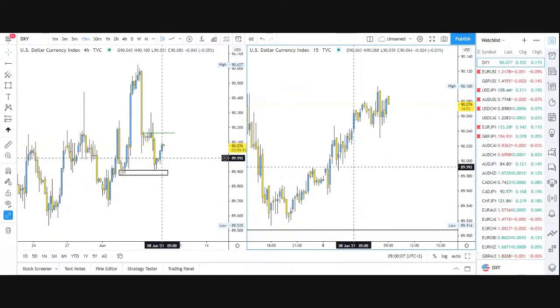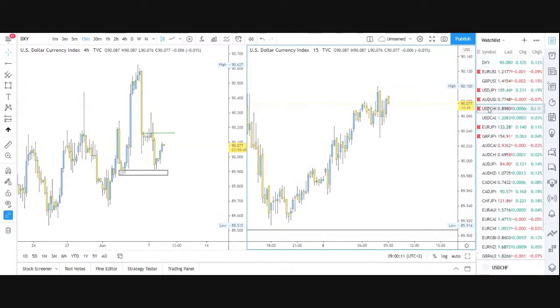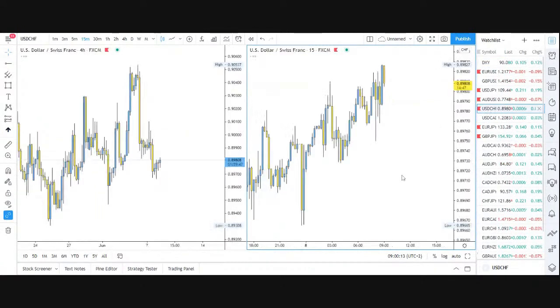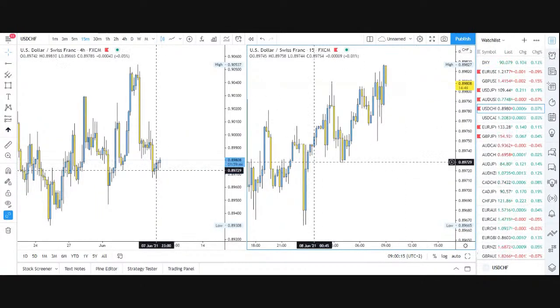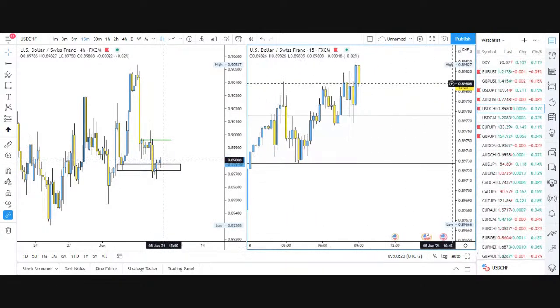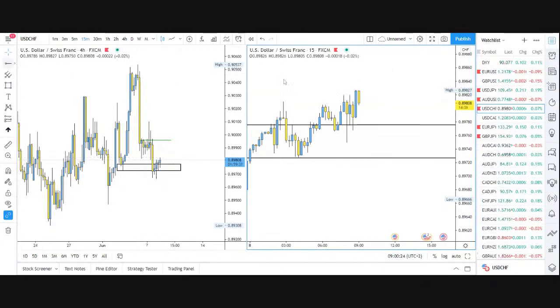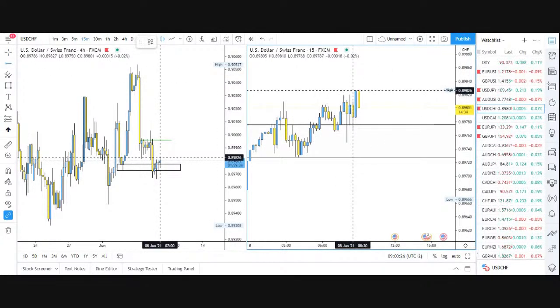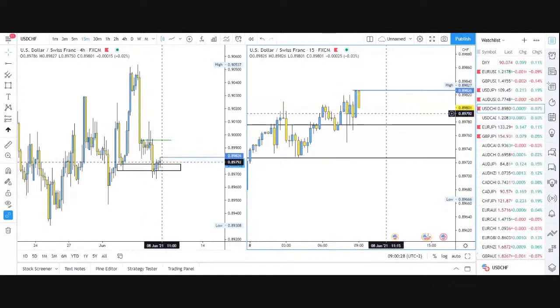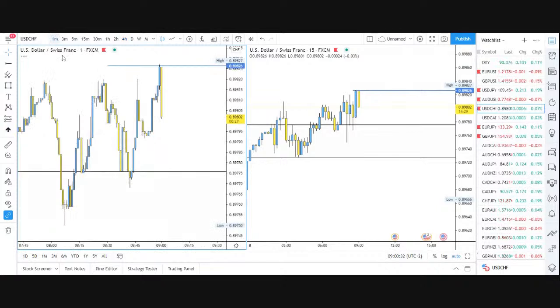Okay, so this previous 4H closed quite strong, meaning that there's a possibility that this, okay, boom, looks like we got a close above there, above all of these areas. So now what we can do is add something right here, jump down to the 1M,